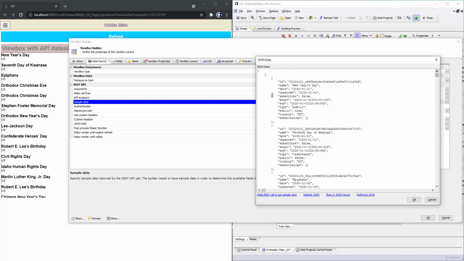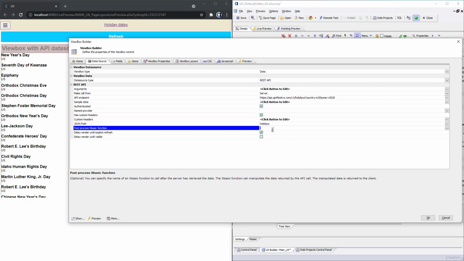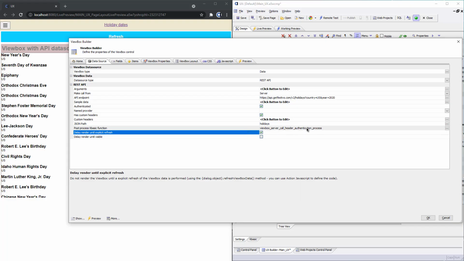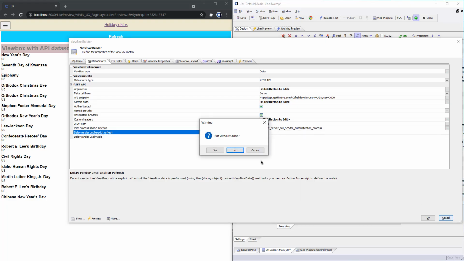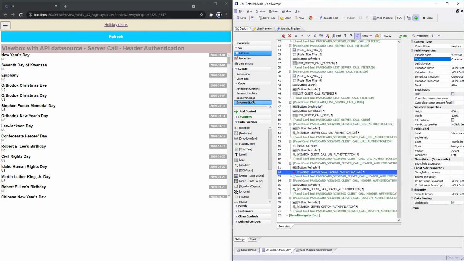There's no explanation why. That's just how this specific API works. And the reason I've included it here is to just demonstrate sometimes the variance in the kind of data that we're coming back, where you might expect a standard response, but in this case, we're getting something that is non-standard. But we can still do something about it, and that's why we have the post-process xbasic function. So if you remember, we had a function here, viewbox server call, header authentication process, and if we go look at that xbasic function,